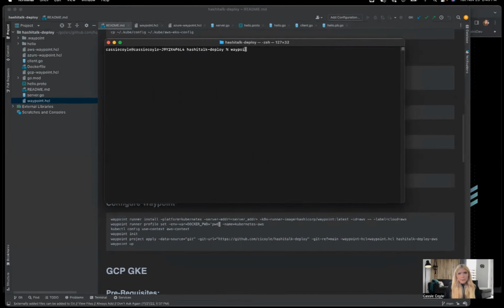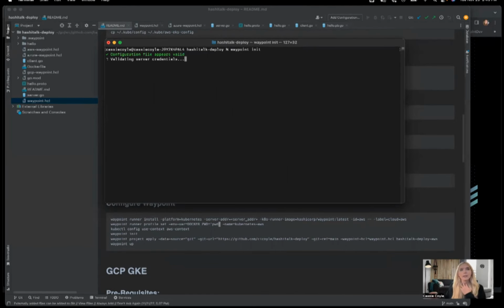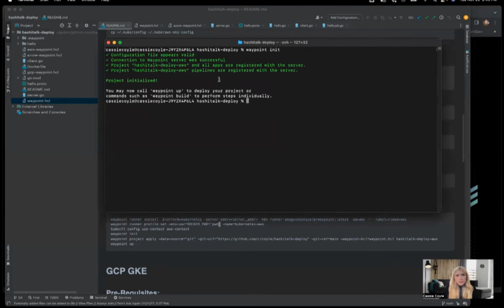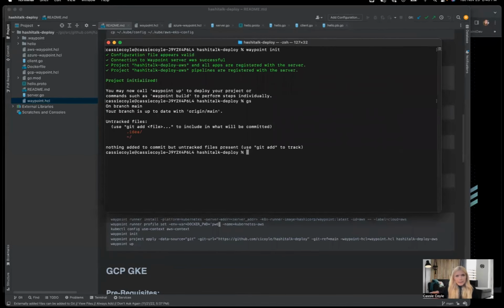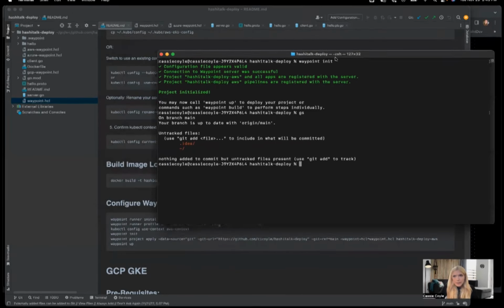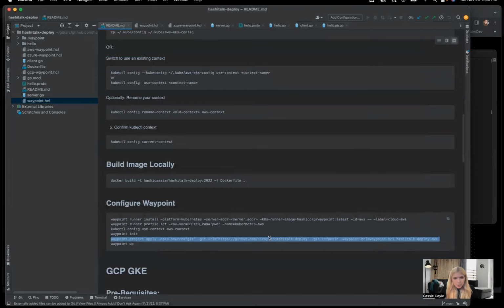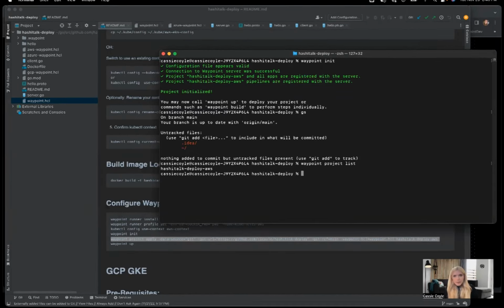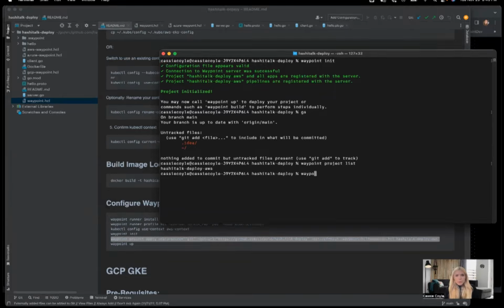So let's go ahead and run a Waypoint init. So you see my project was initialized. If I do a git status, I don't have anything else to commit. So let's go ahead and update our project. After running the init, I can see my project there. So if I waypoint,